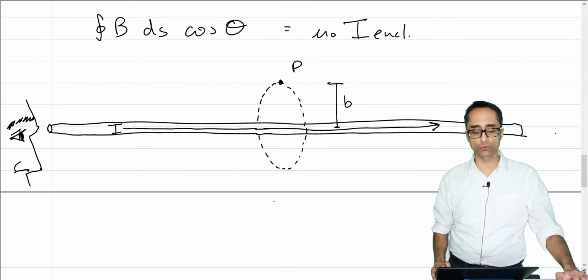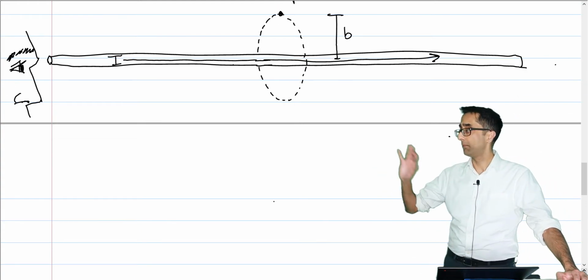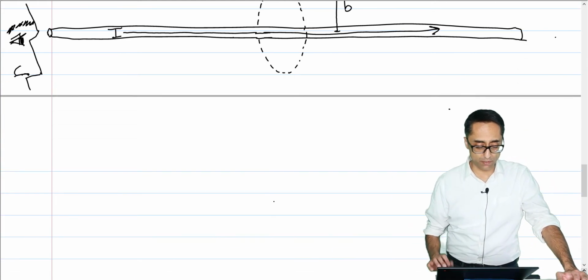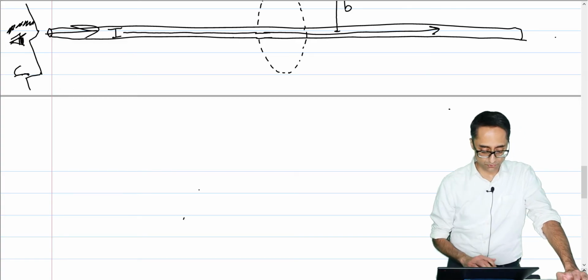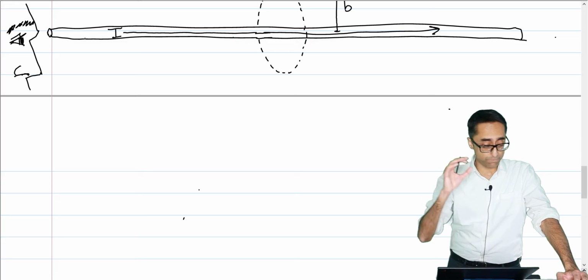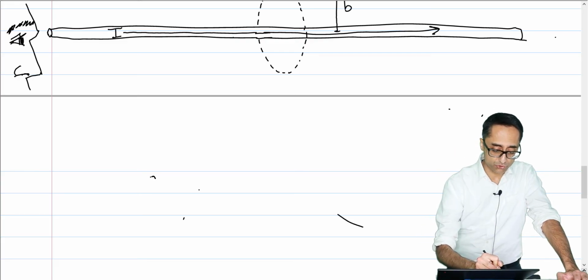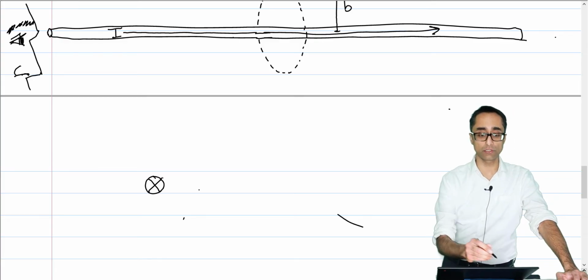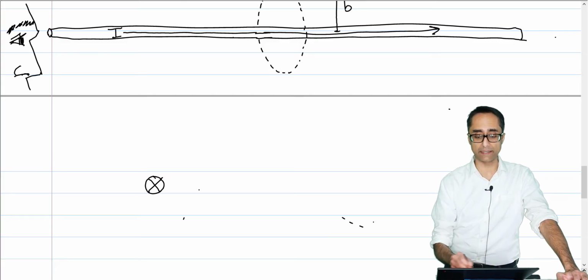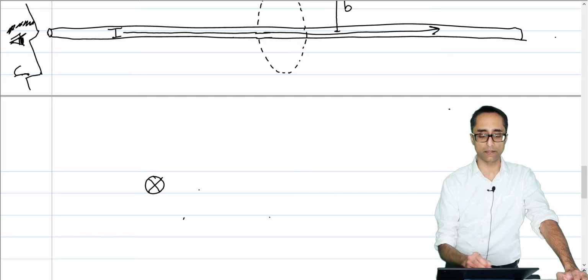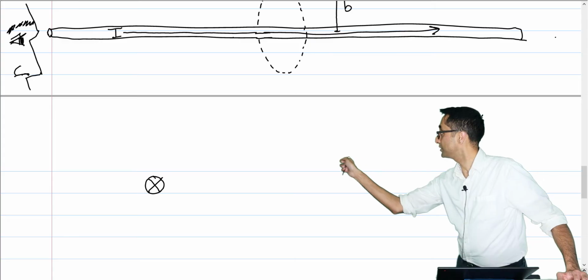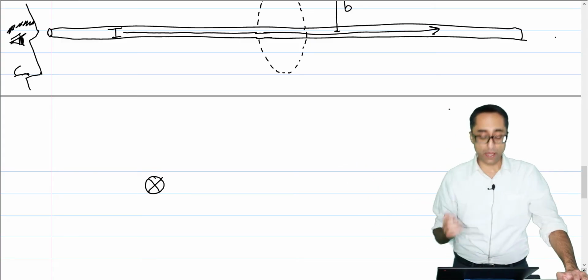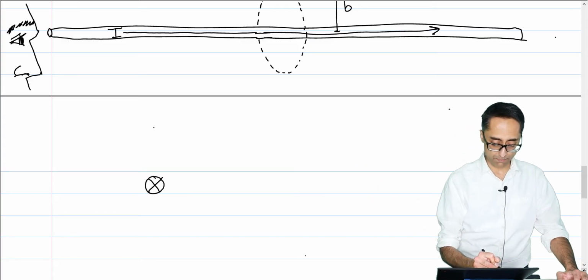Okay, so now I'm going to draw that same circle, but from the edge-on view. If I was looking through this wire in that direction, and I'm drawing it from that orientation, that wire is going to look like this. It's going to look like a circle with an X in it. Recall that that represents the wire going into the page. That represents current going into the page. And I'll put my point P above it here,